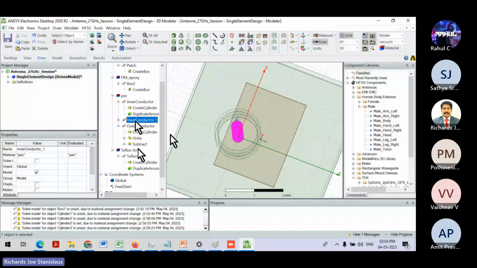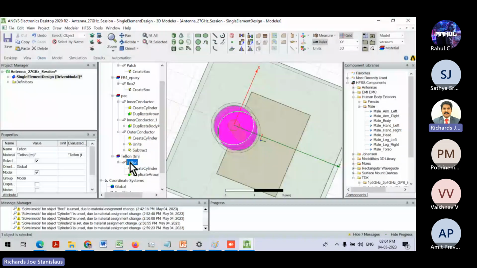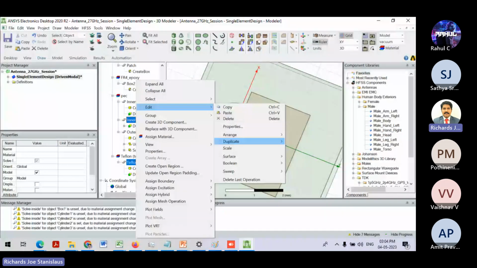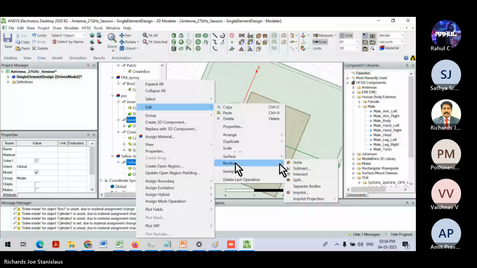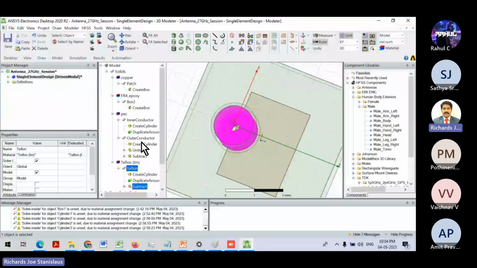And see the Teflon's region, it should be subtracted from this one. So Teflon and copy of the inner. So from the Teflon, when we are creating a copy of the inner conductor and performing like this, you are getting this